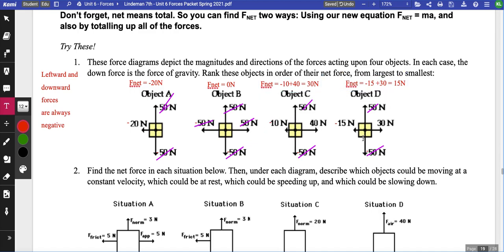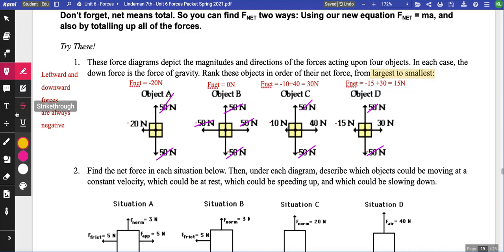Okay, so the largest net force here would be object C. The next largest would be object D. I'm sorry, the next largest would be object A, okay, and then object D, and then object B, okay. The thing that I'm trying to cue you here with the from largest to smallest,